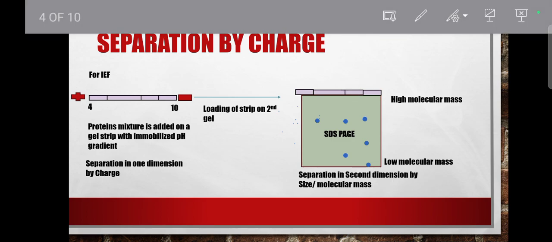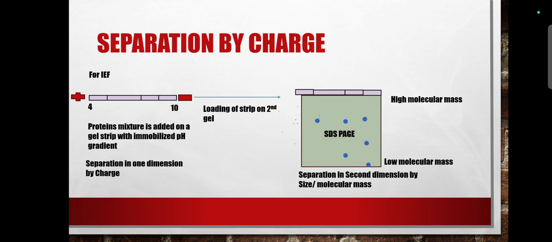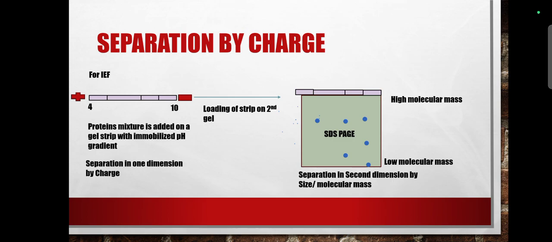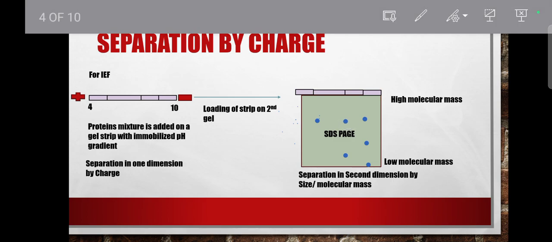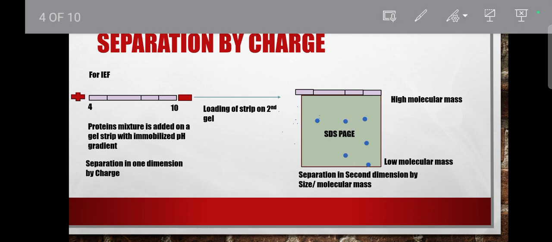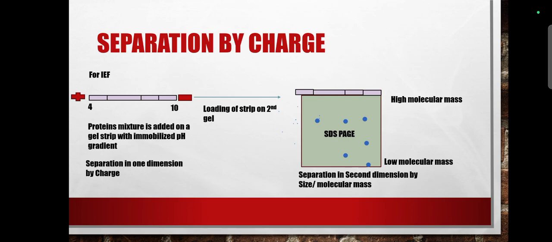But on SDS-PAGE they have migrated to a different distance but in the same lane. Why? Because this protein has the same isoelectric point as this protein, but this protein has higher molecular mass and this protein has lower molecular mass. So we can separate proteins which have different molecular mass but the same isoelectric point by two-dimensional gel electrophoresis,